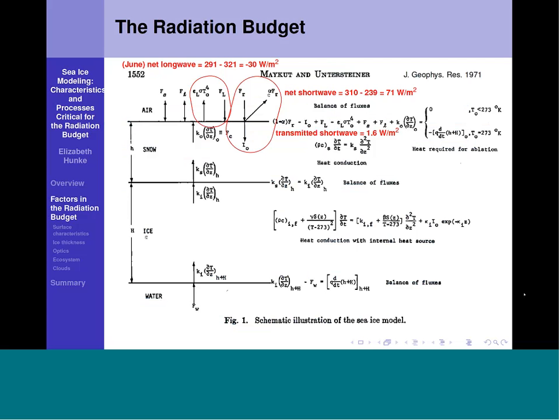in the reflected shortwave vector. A relatively small change in the albedo, 10%, for instance, could reduce the reflected shortwave by about 24 watts per square meter in this case, but that's over half of the net flux, which is only 40 watts per square meter. So very small changes in the radiation balance can have very large influence on the overall heat balance in the ice.